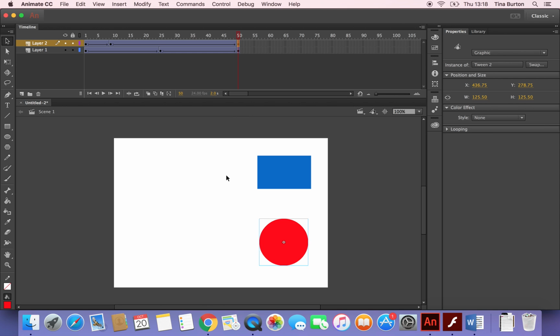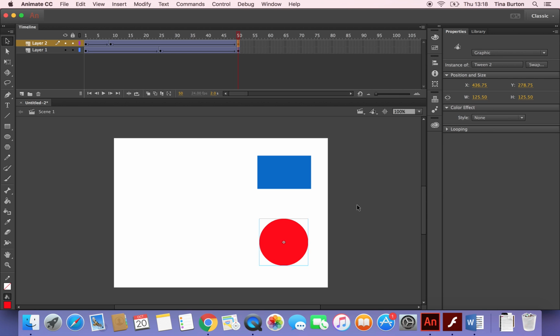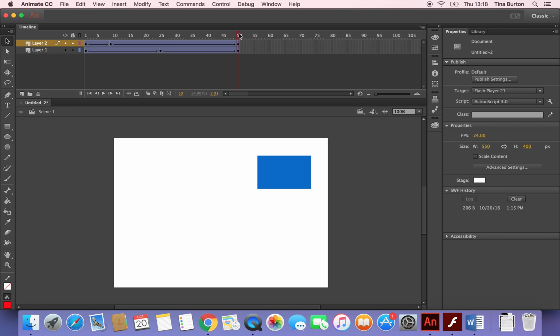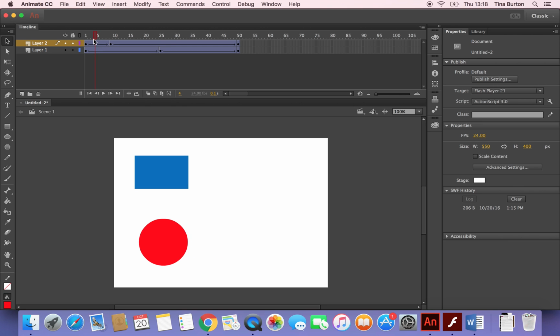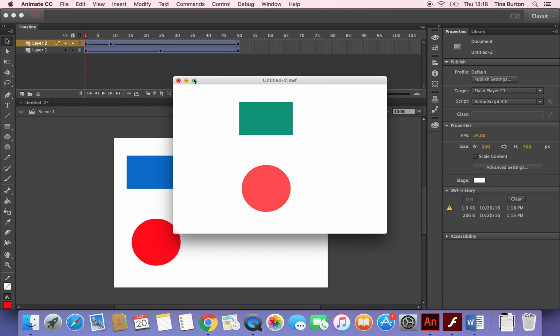So one thing we can do with this is make it appear and disappear by using the alpha on it. On the final frame I can turn the alpha all the way down to 0. So what happens is it starts off, let's play it. So Control Enter, Command Enter. So the other one's changing colour. They're both going at the same speed. They're both following the same